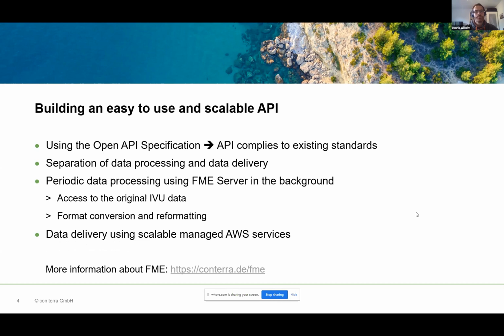So in order to make it an easy-to-use API, we basically use the OpenAPI specification, which is a de facto standard, more or less. And therefore, all the APIs that use the specification can more or less be used the same way, which makes it quite easy for other people to use. And in addition to that, you quite easily get an interactive documentation